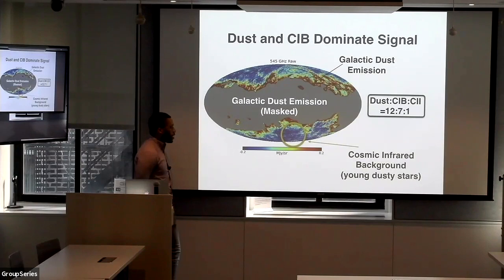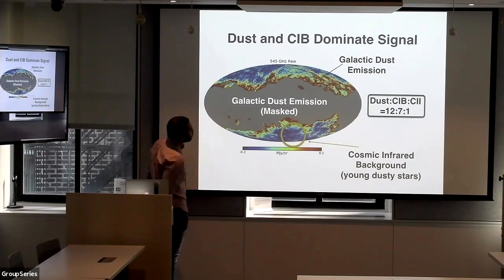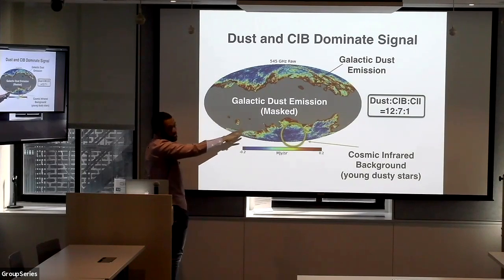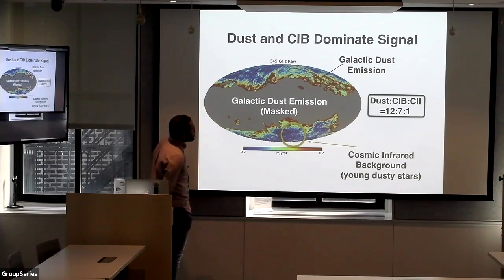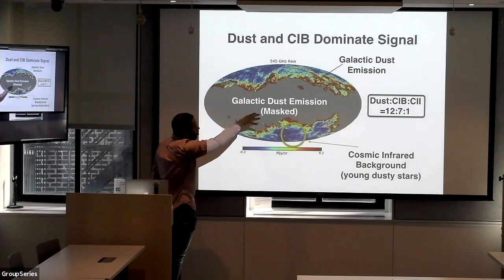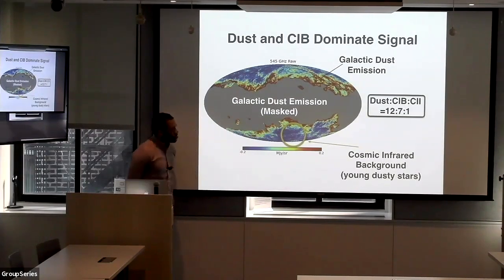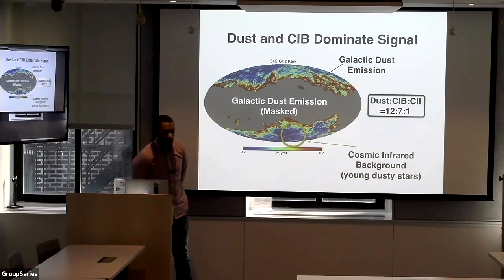The problem is that if we wanted to use those Planck maps, here's a map of the Planck 545 gigahertz map where I masked out the middle of the galaxy so you could see fluctuations. With this, you still have some trace Milky Way galaxy emission, which you can see in these red parts. But also at the poles, even though you have very little galaxy emission, you have continuum emission from extragalactic sources.